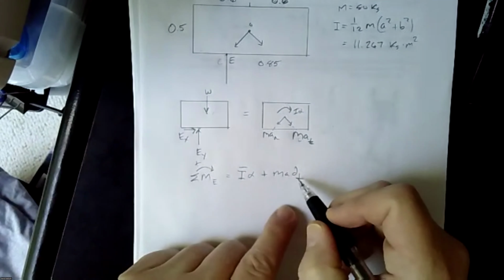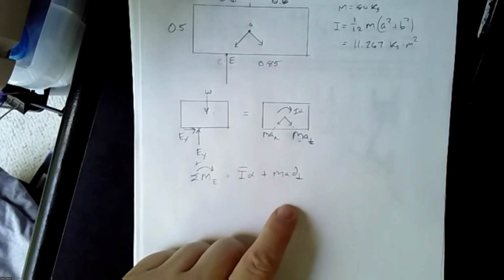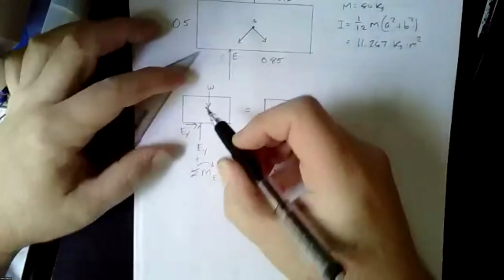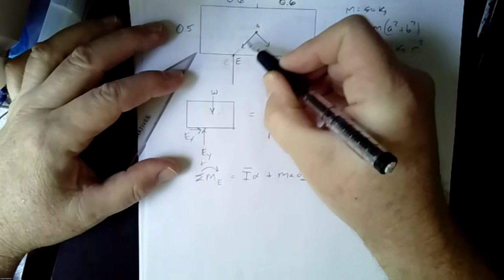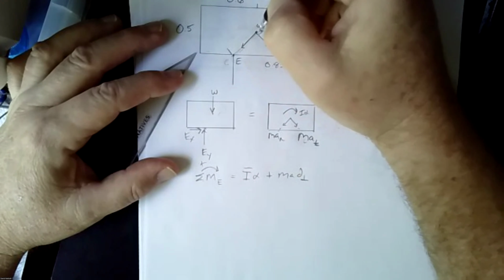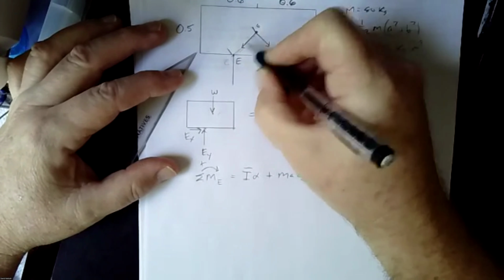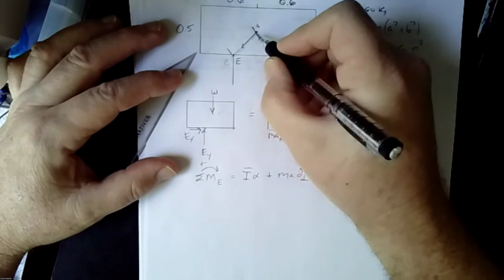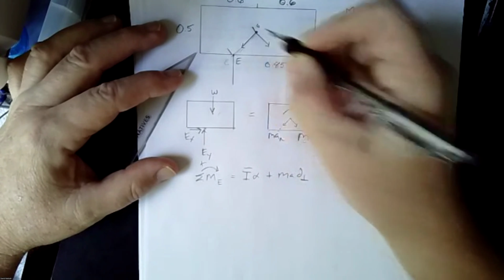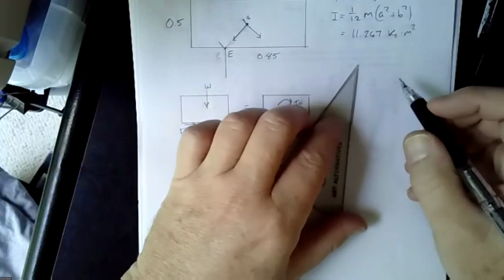So what's my d perpendicular? Well, that's going to be, as you probably guessed, this distance here. It's going to be this horizontal distance, because it's perpendicular to the acceleration direction, right? So if I draw a right triangle,